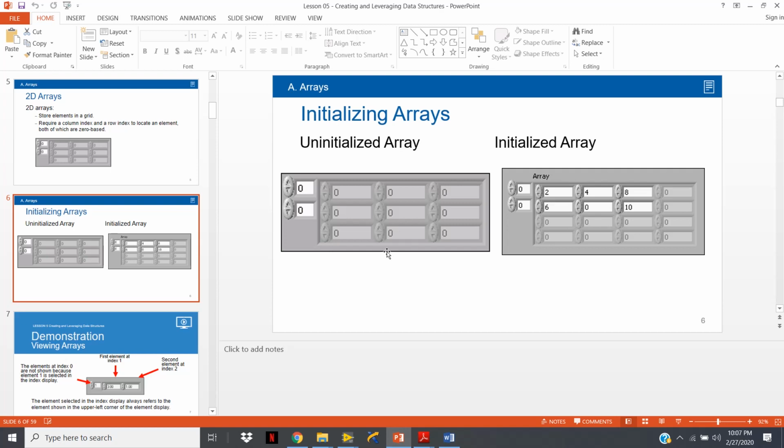An array can be initialized or uninitialized. An uninitialized array contains a fixed number of dimensions but no elements. Like you see here, this is an uninitialized array because it contains a fixed number of dimensions but no elements. Whereas this is an initialized array, and an initialized array defines the number of elements in each dimension and the contents